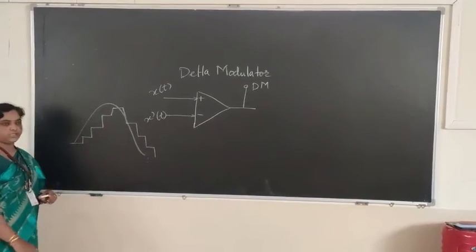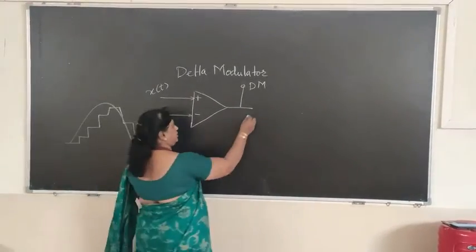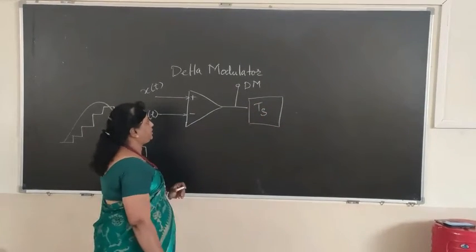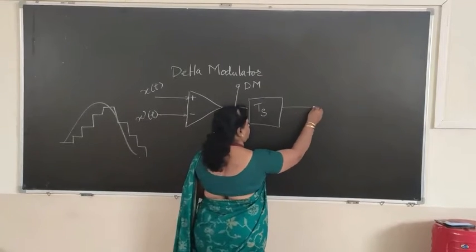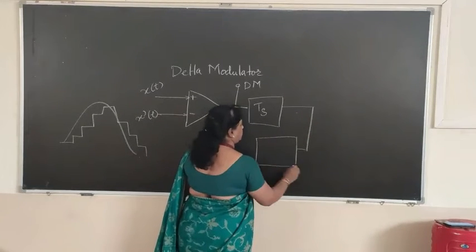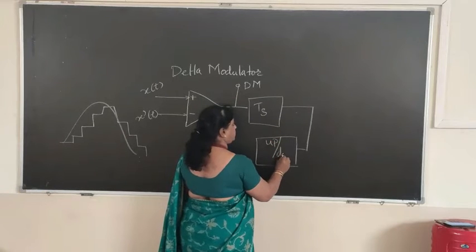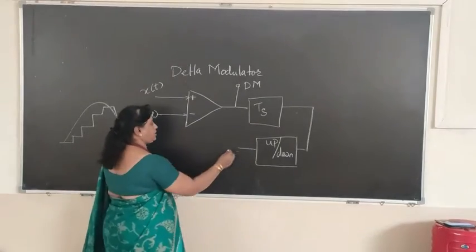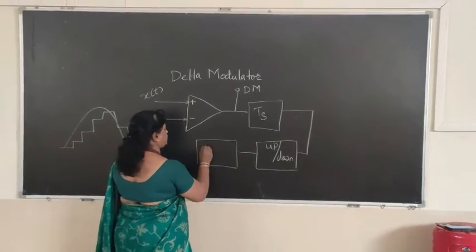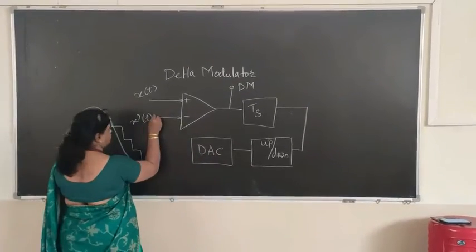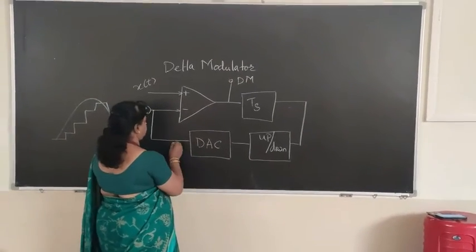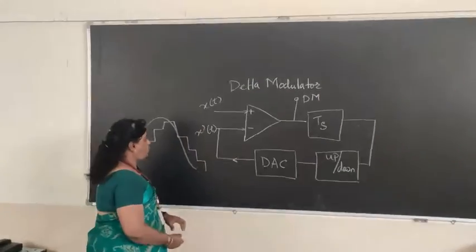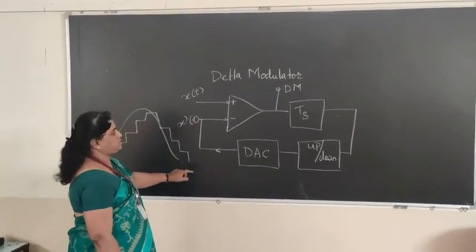Now how do we get this particular shape? We'll complete the circuit here. We have a delay of 1 T, where T is the time period, which has been applied at the output of the modulator, after which we have a counter which is either an up or down counter, activated depending on the output of the delta modulator. After the counter, we have a DAC, and the DAC output is the predicted output, which is designated as x'(t). Okay, so how do I get the shape of x'(t) in this way?